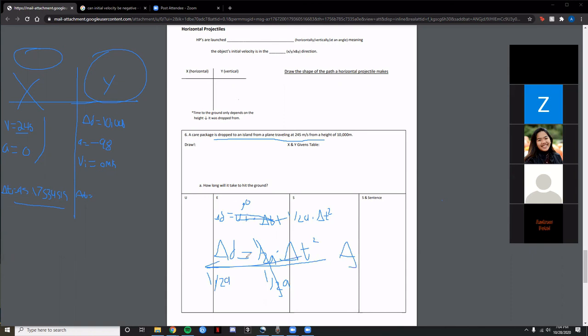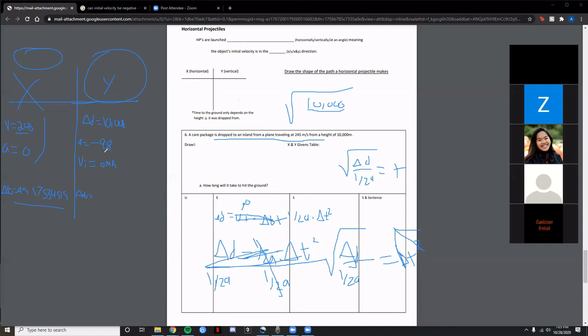So delta d over 1/2 of a equals delta t squared, right? Then you square root it to cancel that out. So the square root of delta d over 1/2 of a equals t, right? Now we plug it in. So we got, again, the square root of 10,000